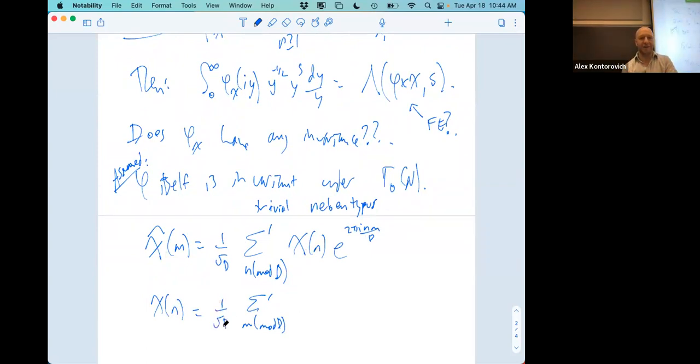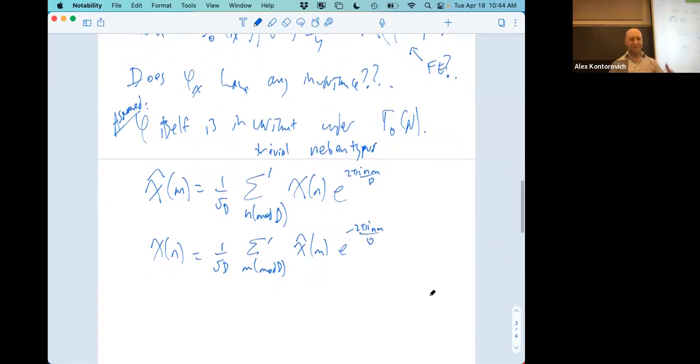The same normalizing factor 1 over root d, and chi hat of m e to the minus 2 pi i n m over d. Right? This is just finite Fourier theory. Let's recall what happens. If I make a change of variables, if m is not co-prime to d, this is 0. If m is co-prime to d, I make a change of variables, n goes to n m bar. What will come out is a chi of m bar